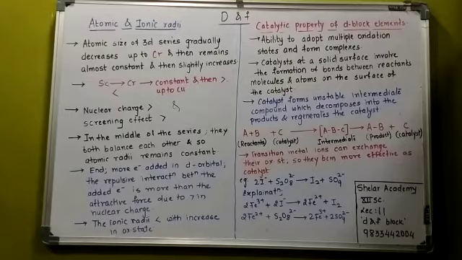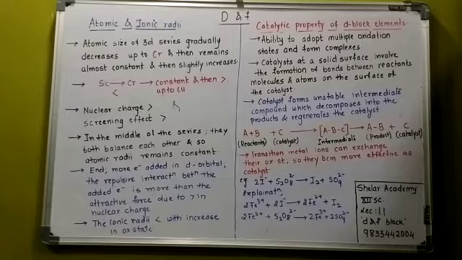What is the reason for it? That is the nuclear charge and the screening effect. These are the two reasons. The nuclear charge goes on increasing as well as the screening effect goes on increasing. Then in the middle of the series, both the forces, the nuclear charge as well as the screening effect, balance each other and hence the atomic size would remain constant.